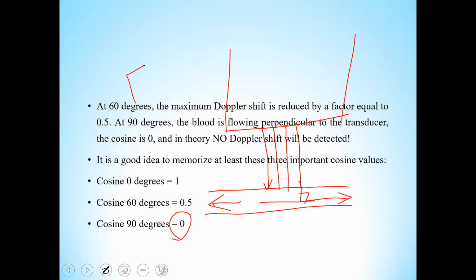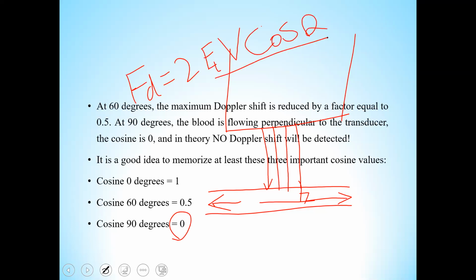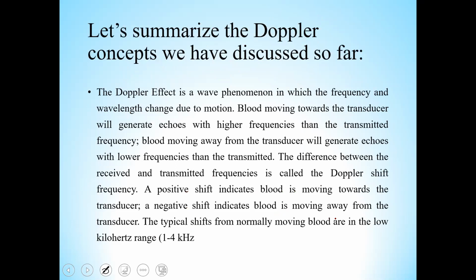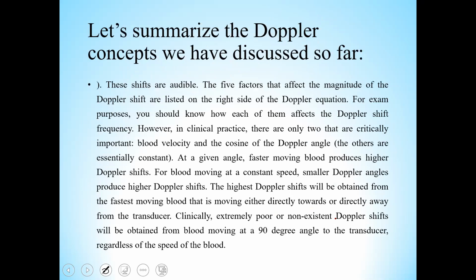0 हो जाएगा, क्योंकि हमें पता है कि Δf_D इज इक्वल टू 2 f_T v cos θ over c। इसमें cos θ को आपने 0 कर दिया, तो बाकी सारे को 0 कर दिया और आपके पास डॉपलर शिफ्ट 0 हो जाएगा। तो इस किस्म की वेसल में आपको ब्लड फ्लो नहीं मिलेगा। चाहे इसमें 400 सेंटीमीटर पर सेकंड की वेलोसिटी से ब्लड फ्लो क्यों ना कर रहा हो, तब भी आपको न कलर डॉपलर पे कलर मिलेगा, न स्पेक्ट्रल डॉपलर पे स्पेक्ट्रम मिलेगा, क्योंकि इसमें डॉपलर एंगल 90 डिग्री है। Is it clear? यस सर।